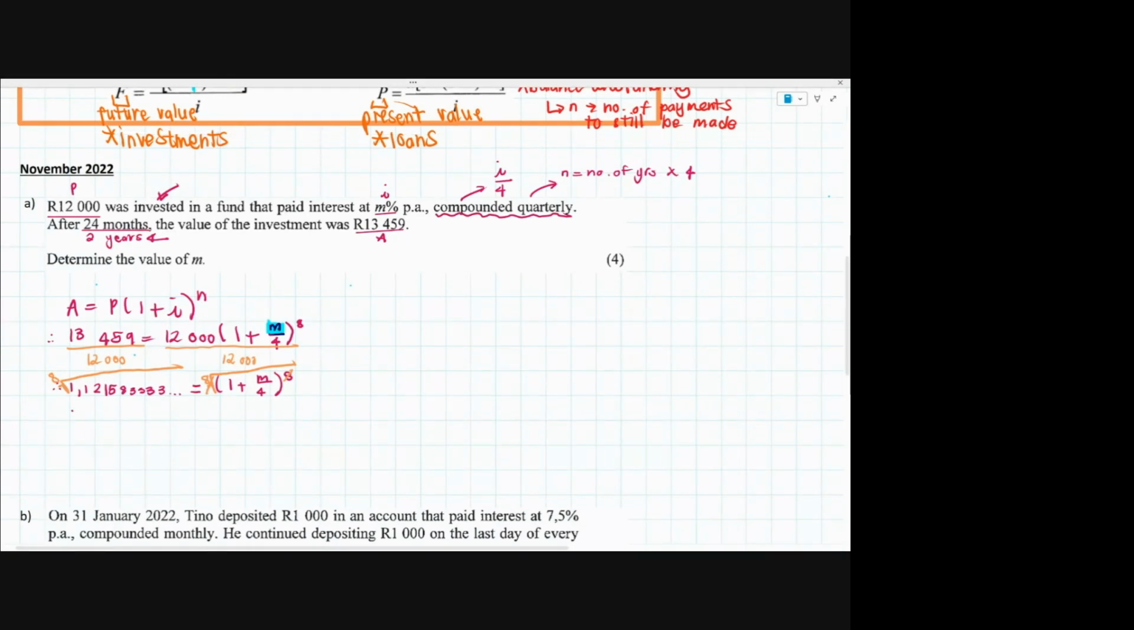And we get that the 8th root of this lovely value is 1,0144. There's a whole bunch of 4s. And now all we're left with is the 1 plus m over 4. Now this is a much easier equation to start solving. We're going to subtract 1 on both sides. So we've got 0,014, etc., is equal to m over 4. And then to get rid of that fraction, I'm going to times both sides by 4. So m is equal to